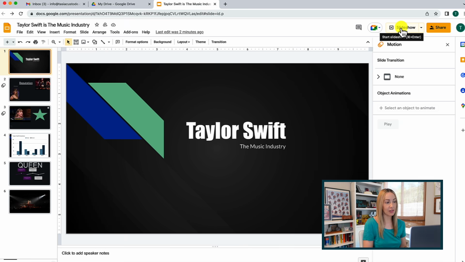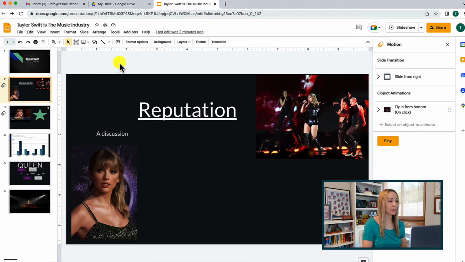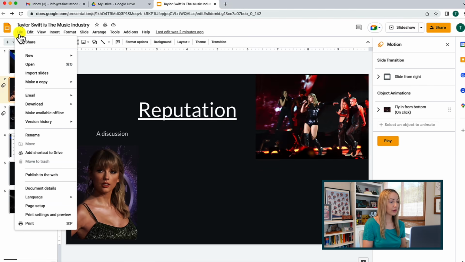and you can simply hit the slideshow button, or you can click the downward facing arrow to the right to open up presenter view. So this will start the slideshow with presenter notes and audience Q&A, or you can present on another screen from here too. Now to download Google Slides, you just have to head up to File, hover over Download,